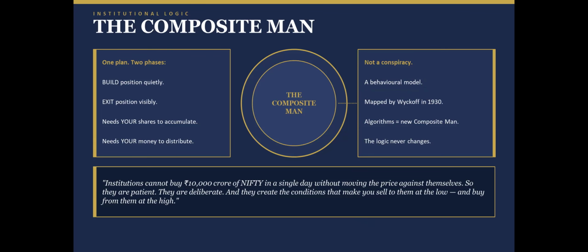If the asset is highly liquid, like Bitcoin, like Nifty, like crude oil, then you can see schematics on smaller time frames. But if it is illiquid, like small cap stocks, which trade only 5,000 or 10,000 shares in a day, then it will take a lot of time. So they will build a schematic based on the daily or weekly chart. It will never be on 1 minute or 3 minute, because those will be highly illiquid. So it is very important to understand that there are people who have their ways based on a behavioral model.